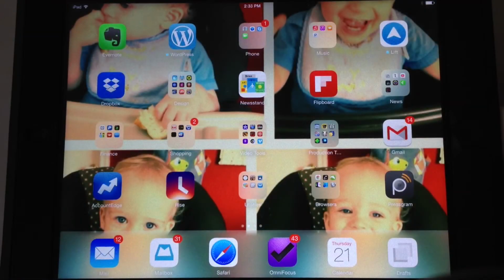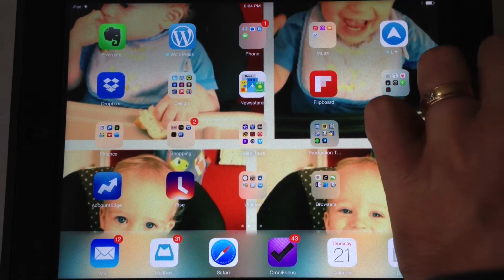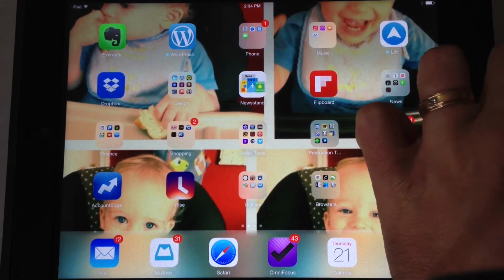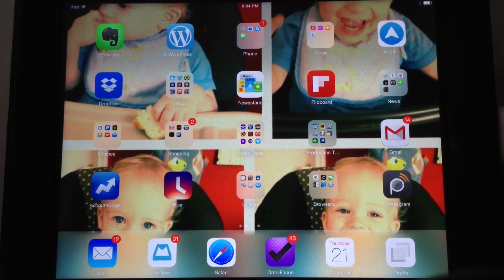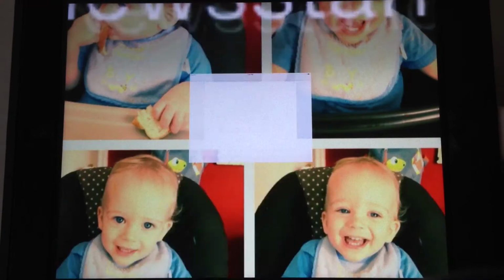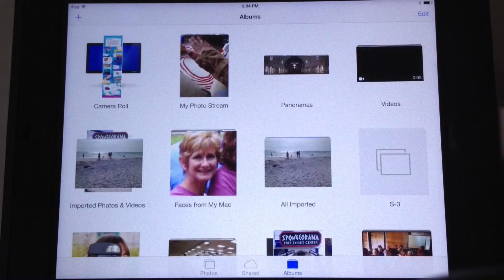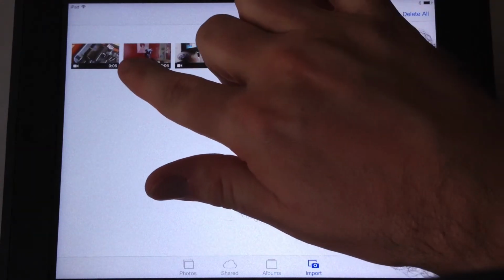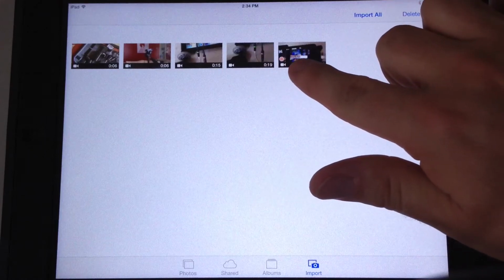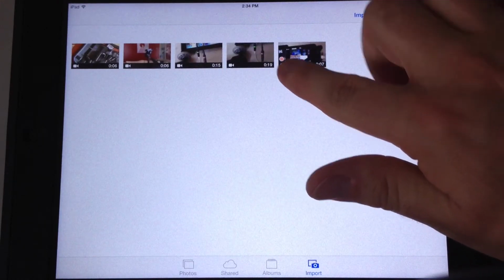Okay, so what I'm going to do here is I've got an extra iPad mini here that I shot some B-roll on, and I'm going to plug that into the camera kit, and I'm going to plug it into a 30-pin cable and wait to see what happens. I got a message on the iPad mini that said trust, so I had to click trust on the iPad mini, and then you click import, and now it shows I just shot these 5 clips on the iPad mini,